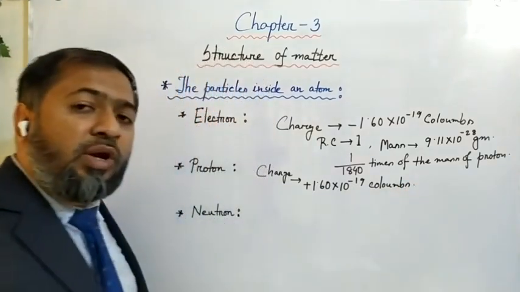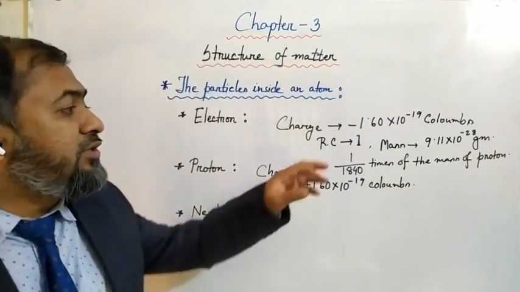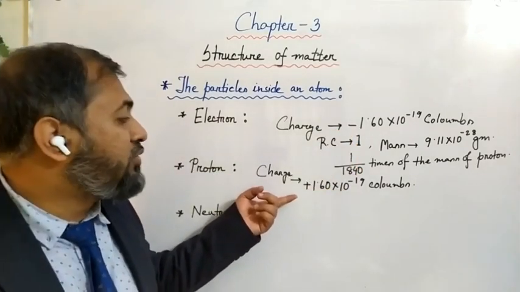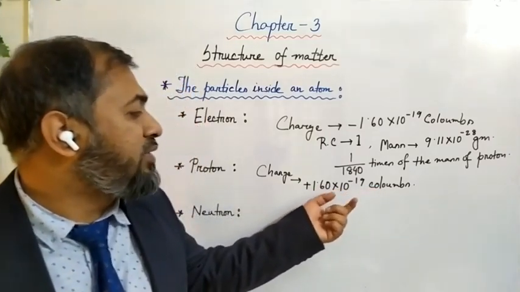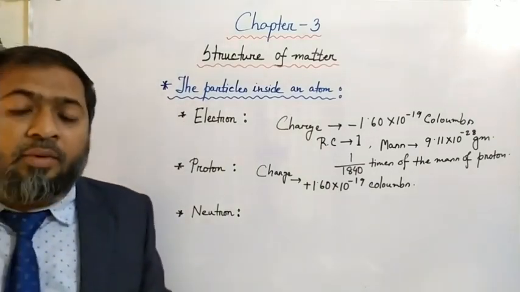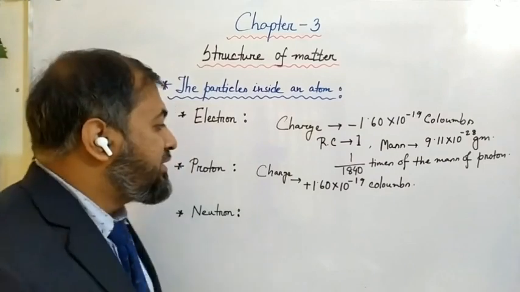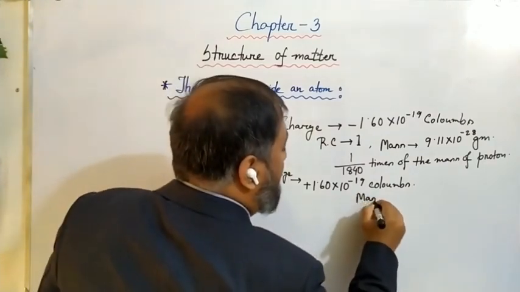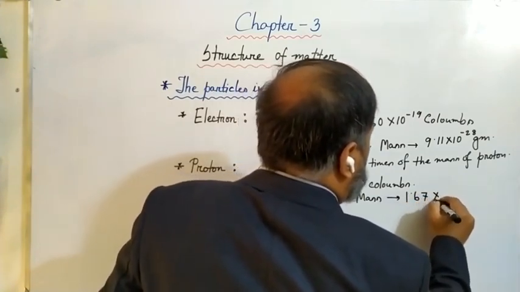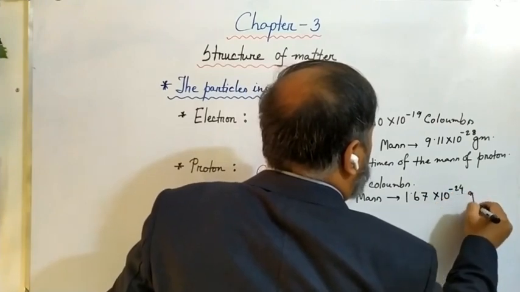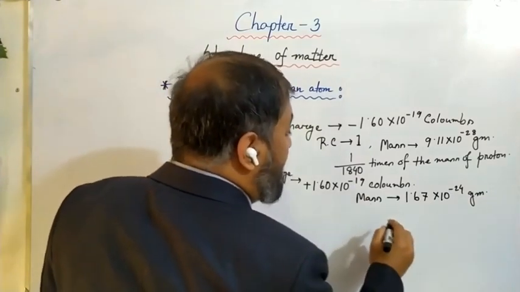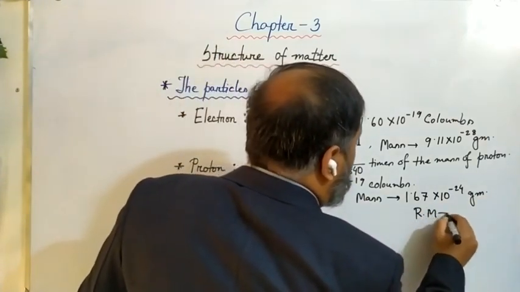So which is equal to the charge of electron, but the charge of electron is considered minus, where the charge of proton is opposite to the electron, which is plus 1.60 into 10 to the power minus 19 coulomb. Now what is the mass of the proton? We can see the mass of a proton is 1.67 into 10 to the power minus 24 gram, and the relative mass will be 1,